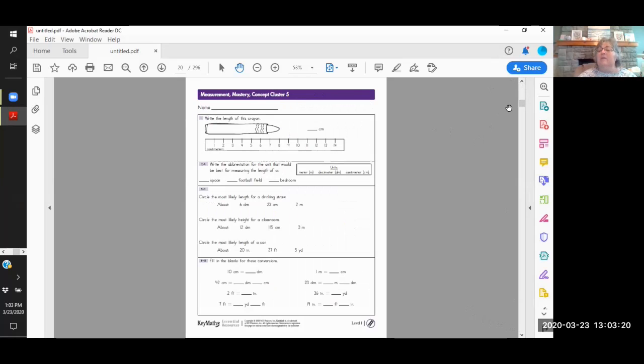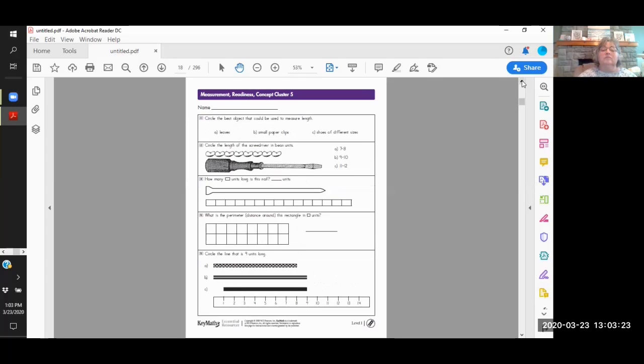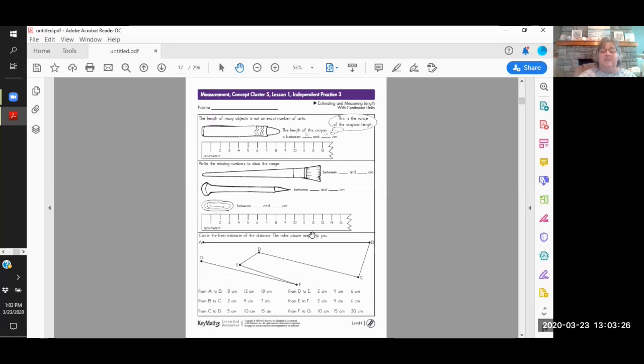You know, so for example, in this section, here's an independent practice 3. So say they got one of these wrong. The directions are write the missing numbers to show the range, and maybe they didn't understand what range was. Just go ahead on the page and put a WH that you helped them on that, because technically it should be independent. But we take every teaching moment that we need, and it's okay for you to teach the entire lesson,